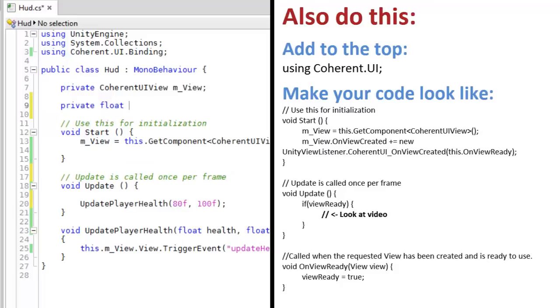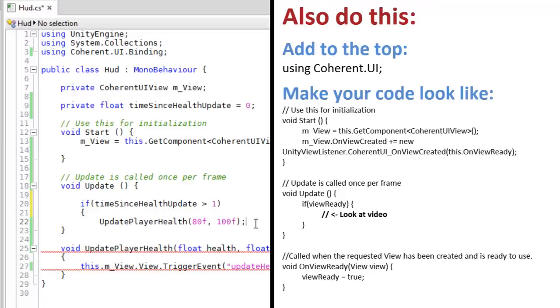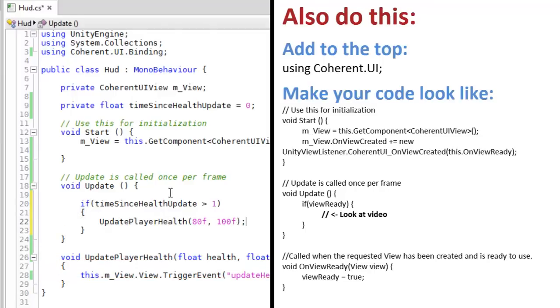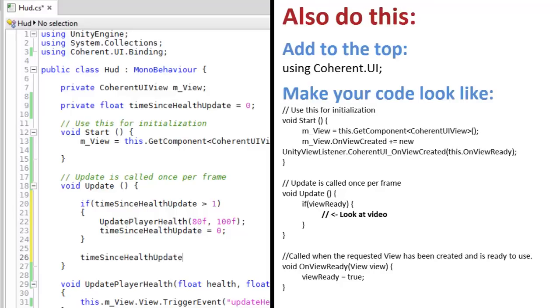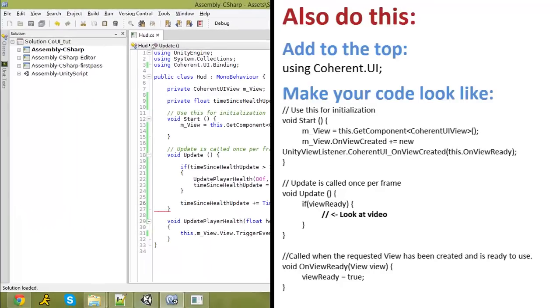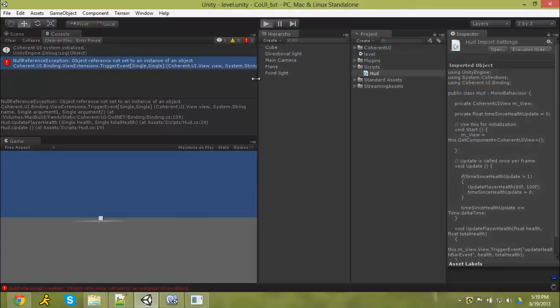Private float time since health update goes 0, and then we do if it's greater than 1, so that means it's greater than 1 second, we set it equal to 0 to reset it there, and then at the end of the loop we do plus equal Time.deltaTime, like so. Then you play,